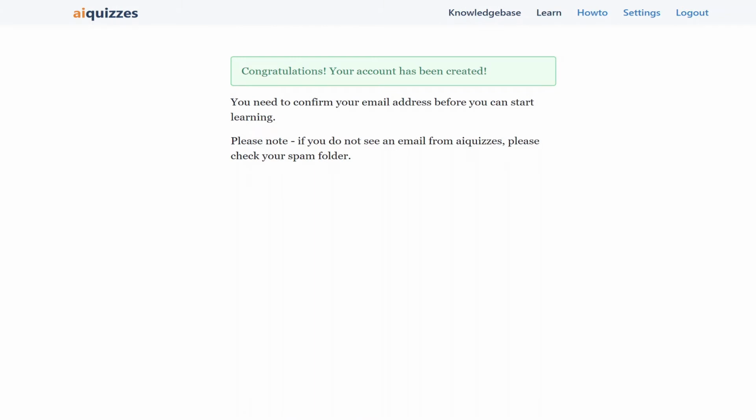The first thing to bear in mind is that when you register, you will receive an email with an activation link, and you will be required to activate your account before you can start using it. You will get automatically logged in, but you will be able to start learning only after you access the activation link from the email. I'm doing this solely so that the platform is not abused, because otherwise somebody could register with somebody else's email address,